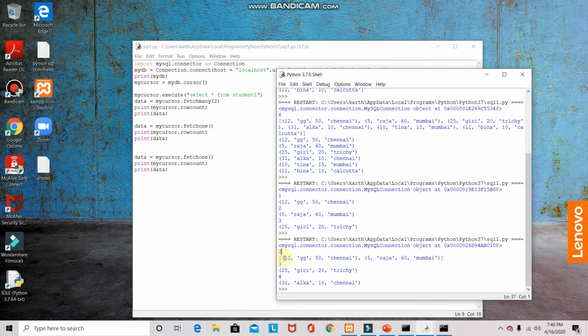So 2 records as such are retrieved when I am fetching many. This fetchmany has one parameter which must be supplied to the function. That parameter is nothing but the number of records we need to fetch from the result set. The next record will be fetched, because fetchone is used, and again if fetchone is used, the fourth record is fetched from the table.